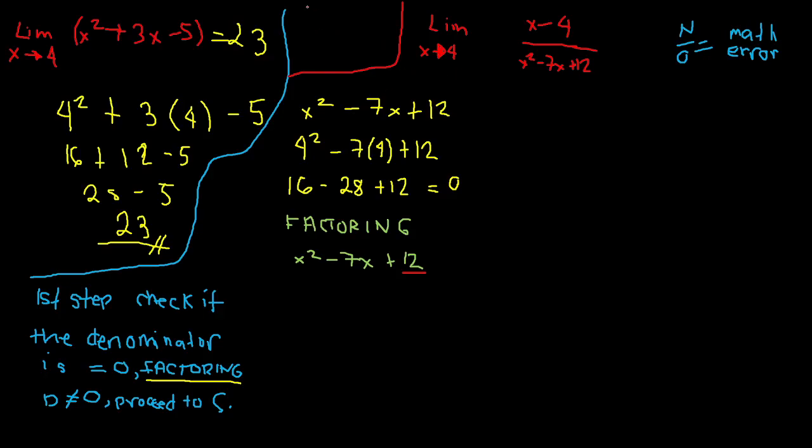Okay, 4 at 3. So, 4 times 3 ay 12. And 4 plus 3 ay 7. Pero ang ating middle term ay negative 7. So, dapat ito ay negative 4 and negative 3, kasi negative 4 times negative 3 ay positive 12 and negative 4 plus negative 3 ay negative 7. So, ang factor natin would be